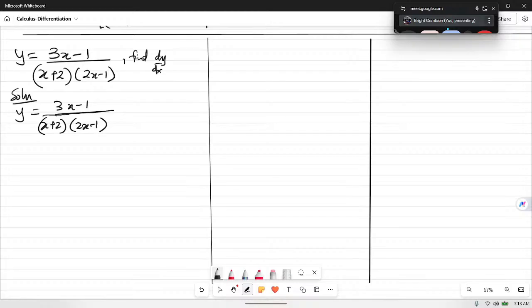Write the function before you say the A. You have to write that (3x minus 1) over (x plus 2)(2x minus 1) is equal to